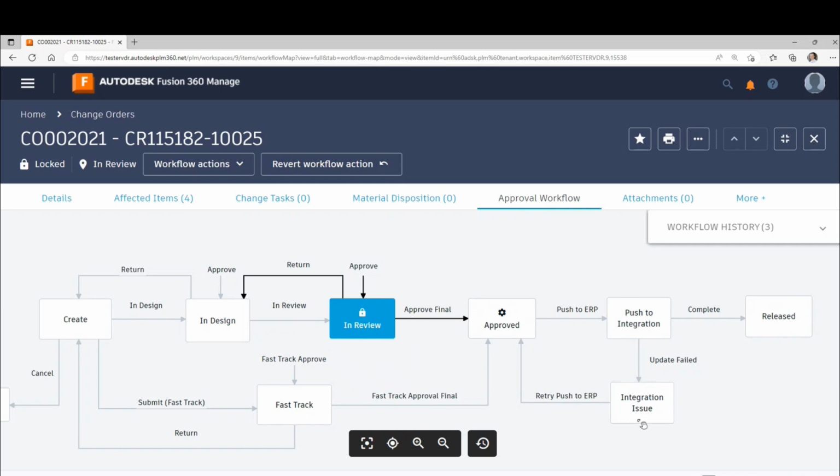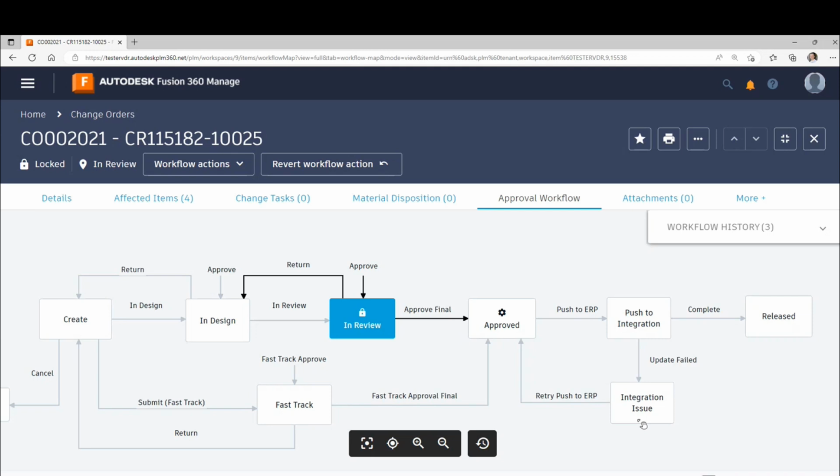Okay, so there's logic there to make sure that we don't close this workflow until we actually get a successful publish to the ERP system. When it goes to integration issue, we have notification to an admin, to a person. You can put anybody you want there to get notification that things were not successfully updated, so somebody can go in and review it, and from there we can put it all the way back to wherever you want. Right now, we just put it to approved because this is a demo environment,